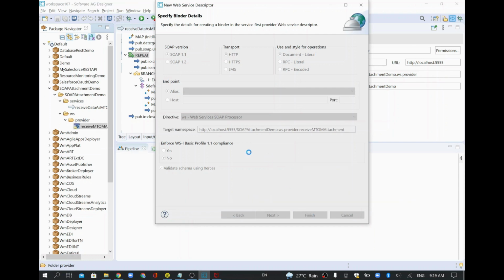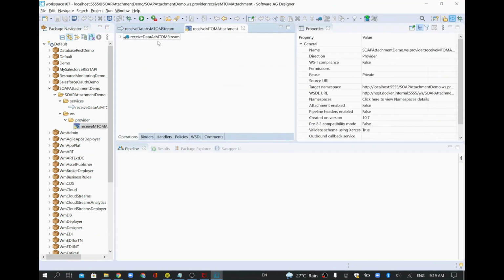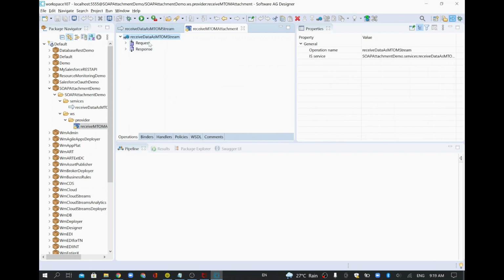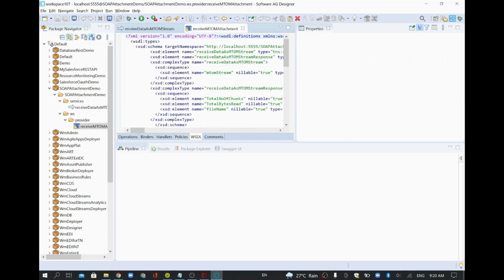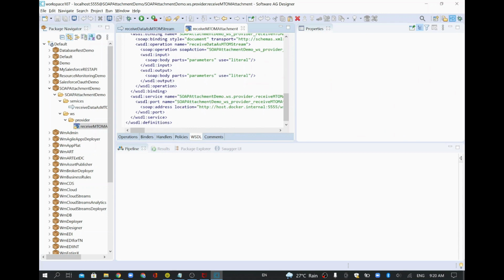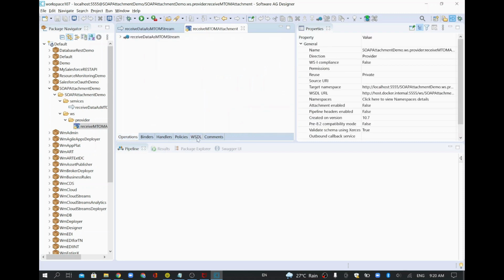So once the web service is created, right? See here, the web service got created now. It's opened that file, and this is your operation. The operation has request and response, and you have many tabs, and you have something called policy. You have WSDL here. So if anybody wants to consume your web service, they need this WSDL specification, which will have your input and also output structure and the endpoint details. Okay. So now what I'll do, I'll just go to the WSDL.